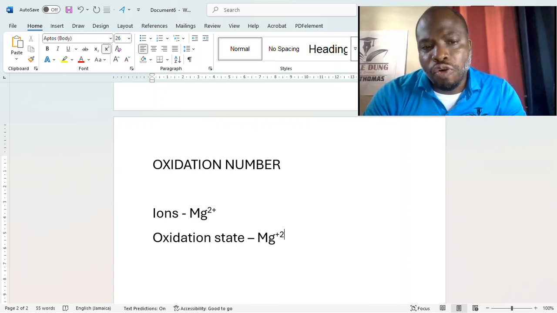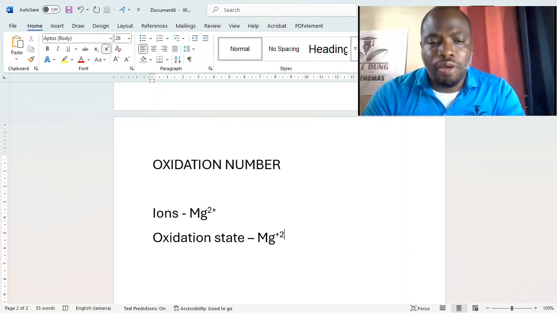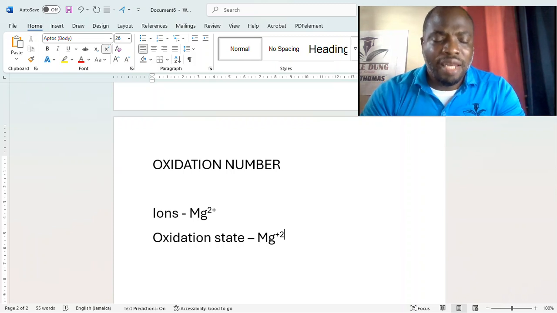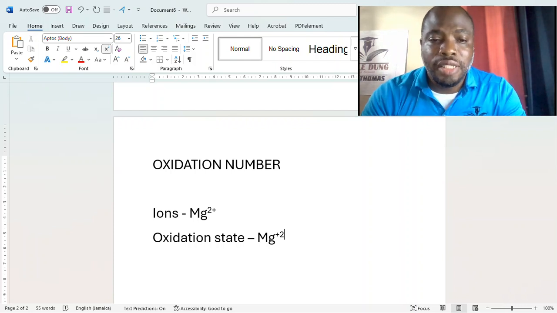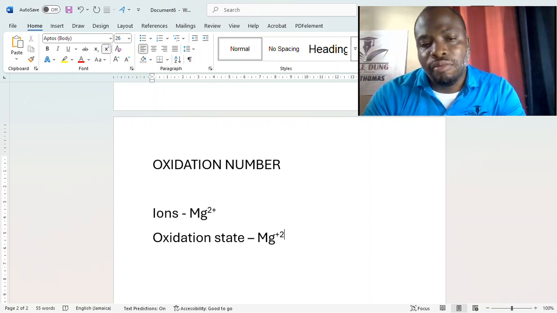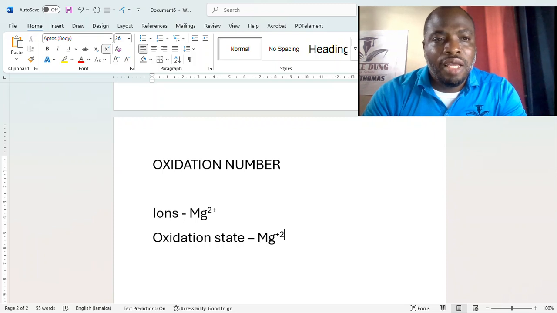Even with you knowing the atomic number, and again, CXC says you should know the first 20 atomic numbers. If you can get to the group, then you know the charge of the ion, whether a cation or an anion. And if you can get to the ion, then you will know the oxidation state. So all ions, their oxidation state is a representation of the charge of the ion. So if I have